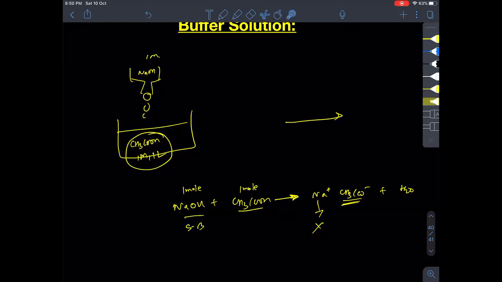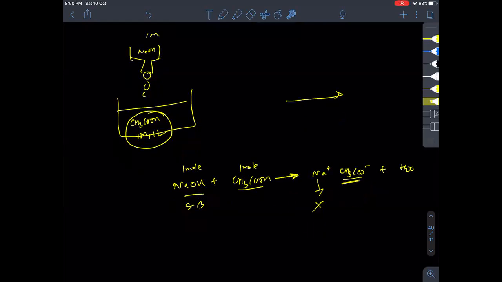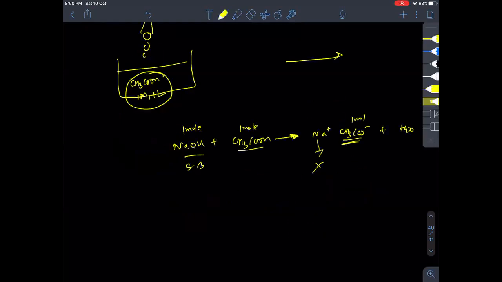So after completing, what we have got is CH3COO minus on the right side. If 1 mole, then it is a question of complete salt hydrolysis, because there is no acid left here. This salt hydrolysis, you already know how to do. If you do not know, go back and see my other topic on the same channel. So we are having OH minus over here.